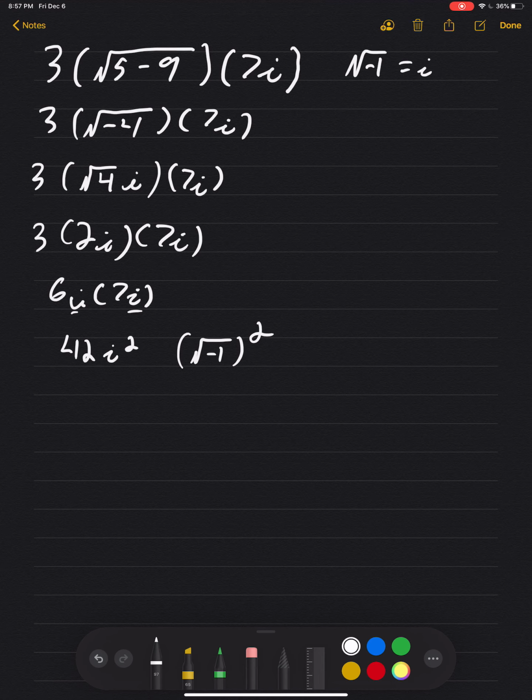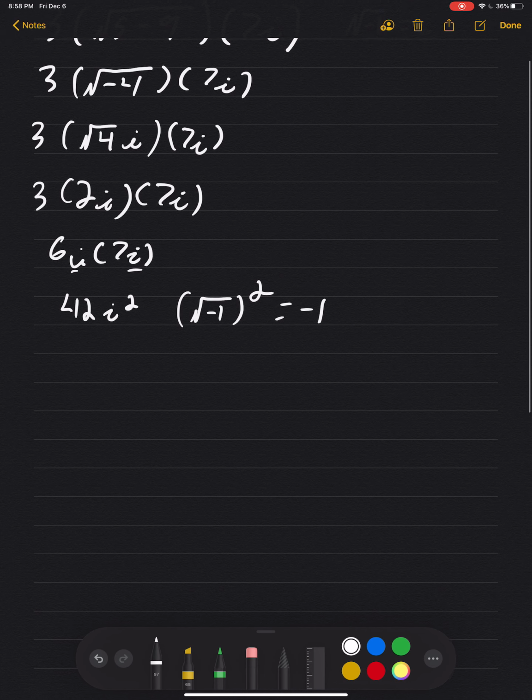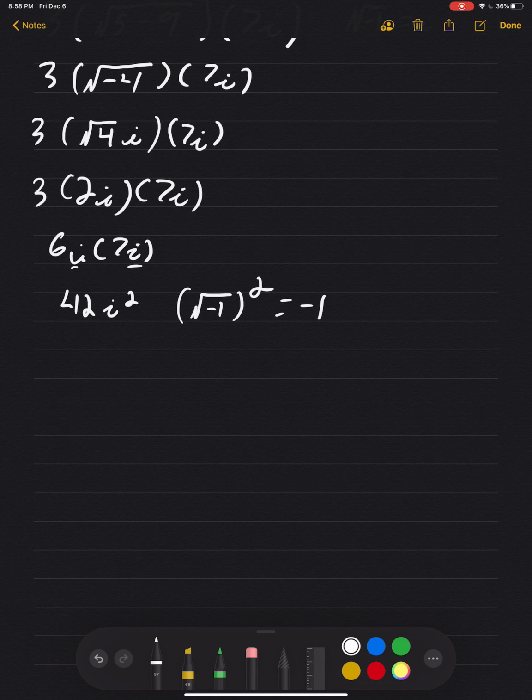So this is saying the square root of negative 1 times the square root of negative 1, which equals negative 1, because the square cancels out our square root, and we're left with the number negative 1. So because we're doing that here with 42 times i squared, we're really saying 42 times negative 1,